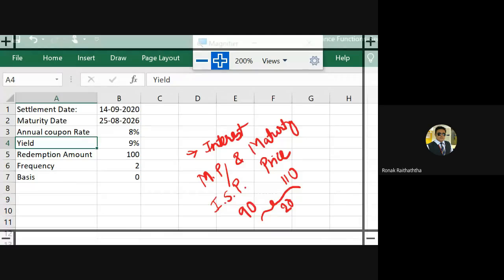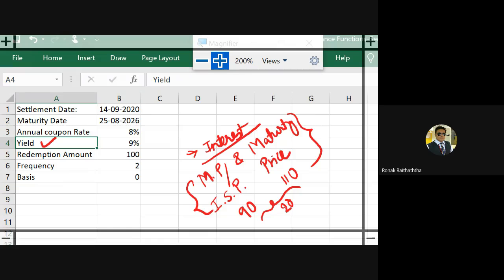Because this 20 rupees you have got over a period of time. Say 6 years, 8 years, 9 years, or 10 years, whatever the number of periods for which the bond is going to be there. So it is not something which you have got only for 1 year. It is gradually divided over all the years. So that's why there are two types of return. One is the interest, another one is the difference between the issue price and maturity price. And both these returns put together form your yield. You can call it the actual yield you have got.